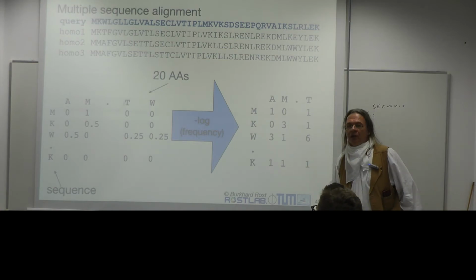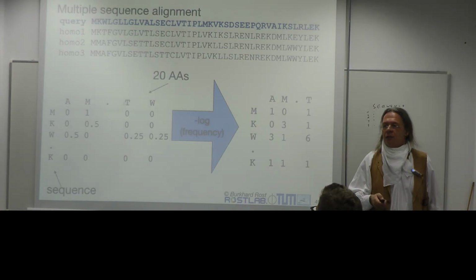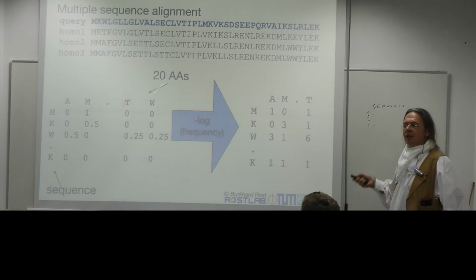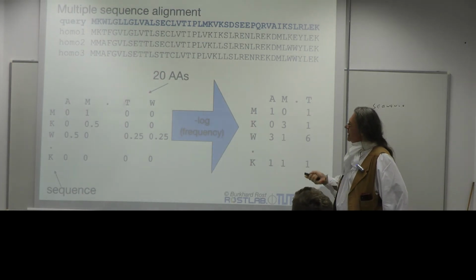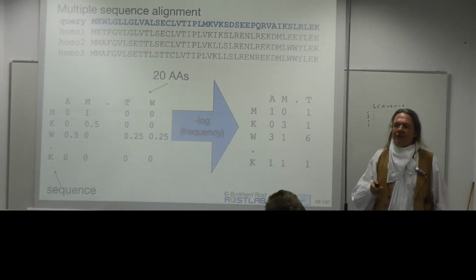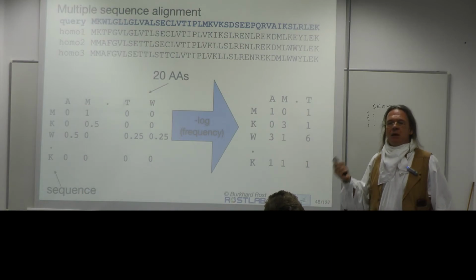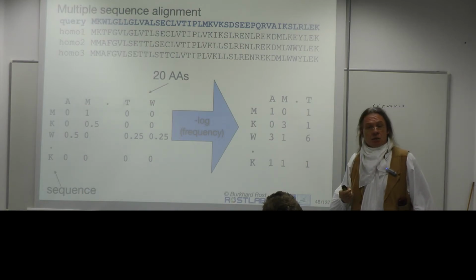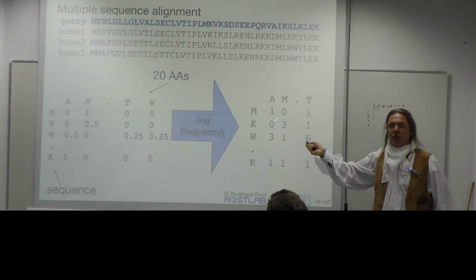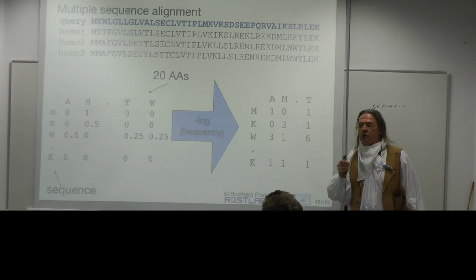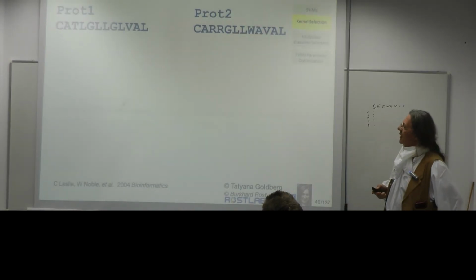You take the minus log frequency to transfer that into something like a probability, like a PSSM out of it. And then you're going to say, well, if this transferred log is below some threshold, which, since it's a minus log, essentially means more conserved than something, then I call it a conserved